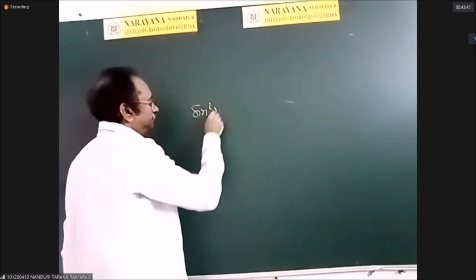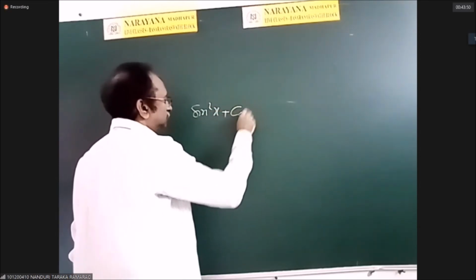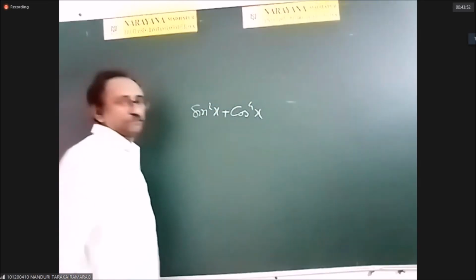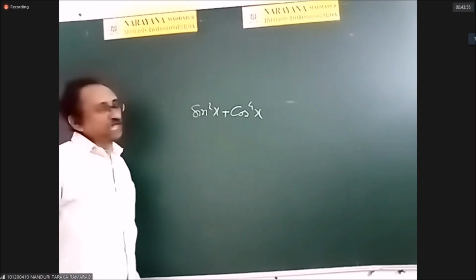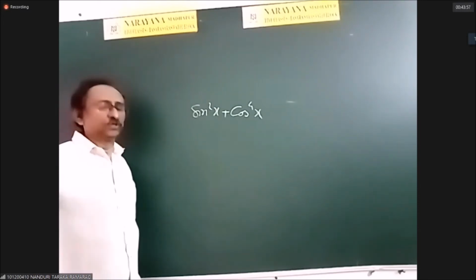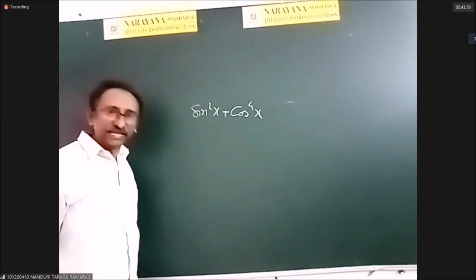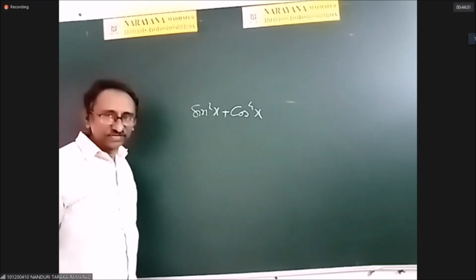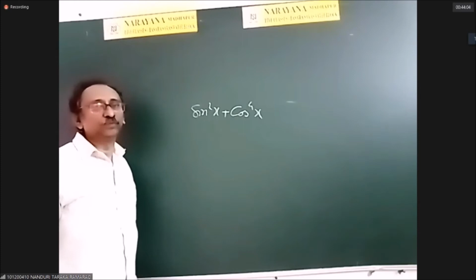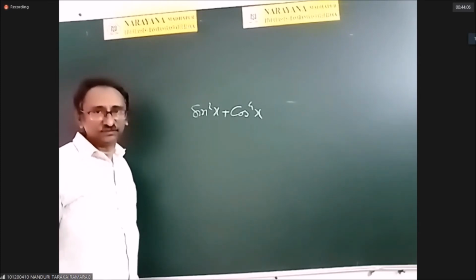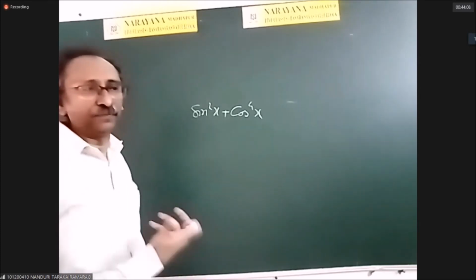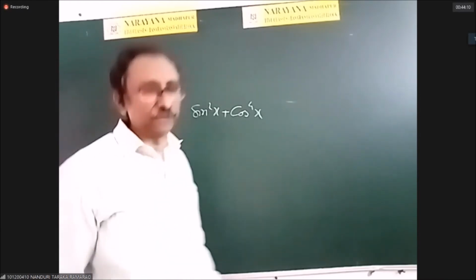See the next one. So just do the question: sin square x plus cos power 4 x. It is a very frequently asked question, a paper setter's favorite question. It was asked in the advanced examination, of course, long back. It was asked in the mains examination, in the MSET examination, and also in many deemed universities. So what is the range? You can remember this also: 3/4 to 1.